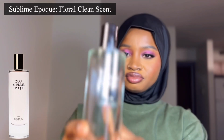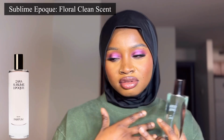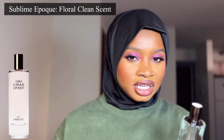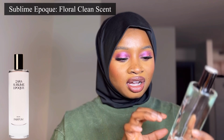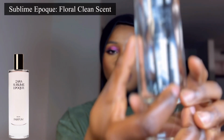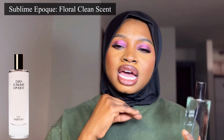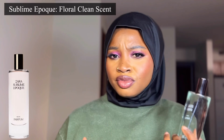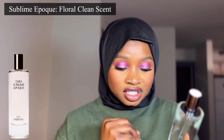Yeah, but look, I feel like I'm a little all over the place, but just bear with me. I'm working with time here. So this perfume, there was like this much left, like I had gone more or less halfway, but then I no longer liked the scent for some reason. It hit me like I no longer liked the scent at some point, and I didn't understand